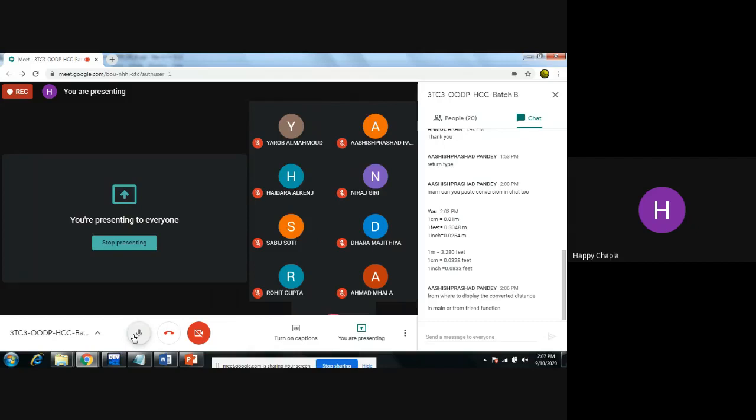I am okay if you are printing in the friend function, and I'm okay if you want to print it in the main also. I'm okay in both cases.